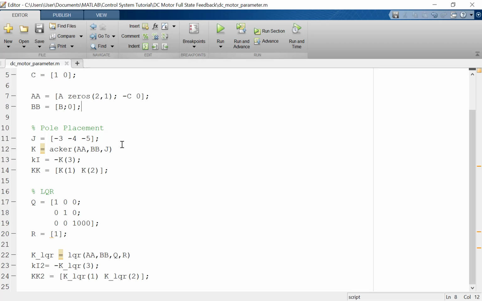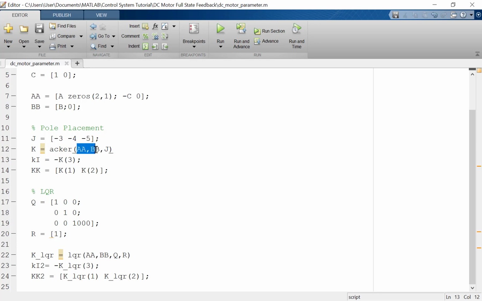Firstly, we will design the controller parameters using pole placement. If we want to make the integral state feedback controller using pole placement, we must determine the poles. They are -3, -4, and also -5.